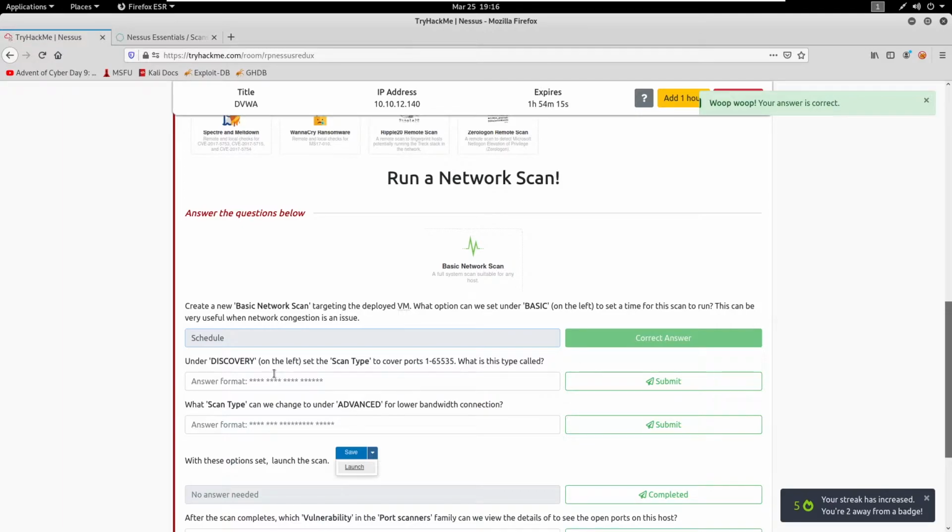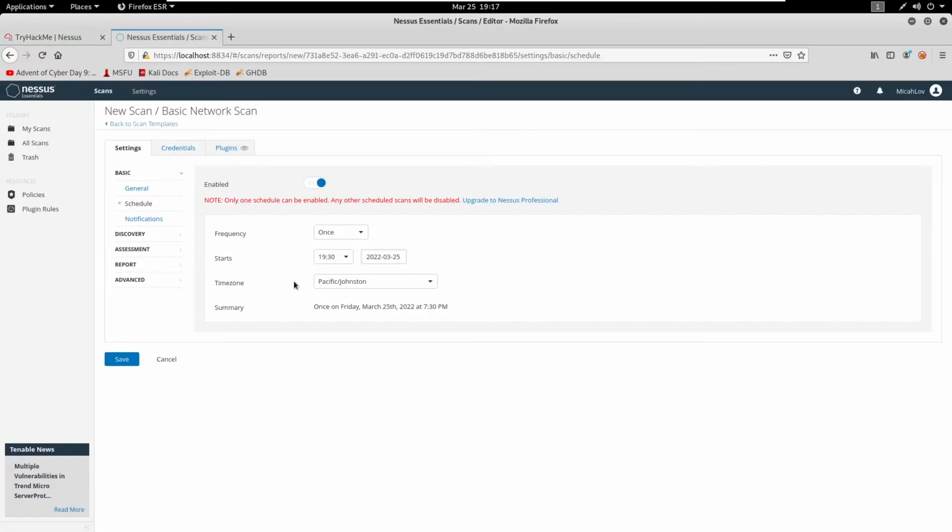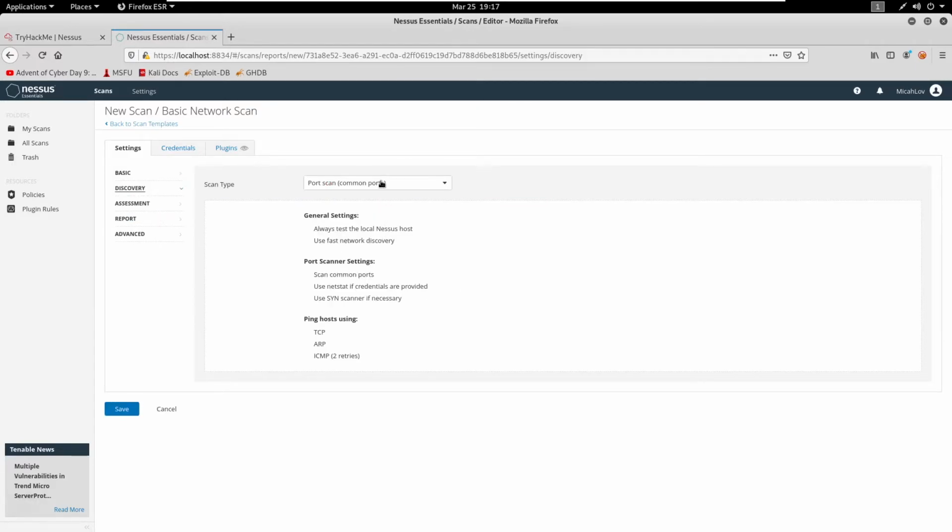All right. Under discovery, on the left side, set the scan type to cover ports 1 through 65,535. Sorry, I'm kind of blind. So right over here, discovery, port scan. Let's do all. Yep, if we do port scan all ports on the drop-down menu, it says scan all ports 1 through